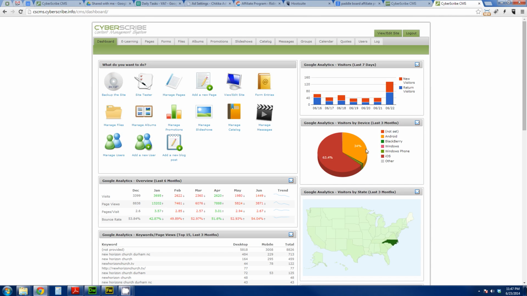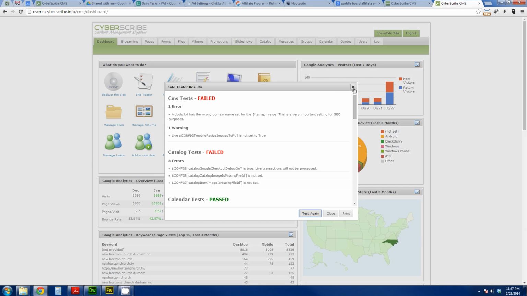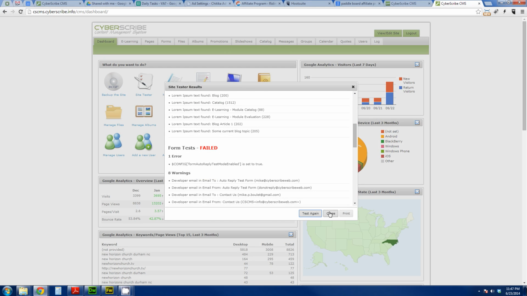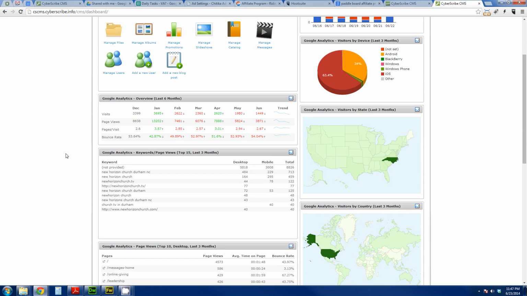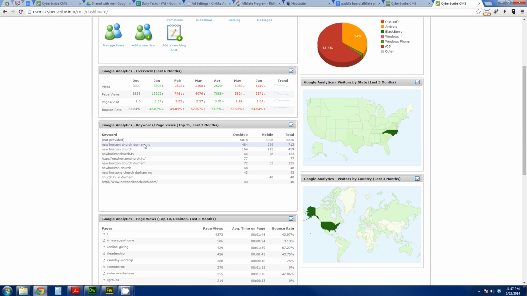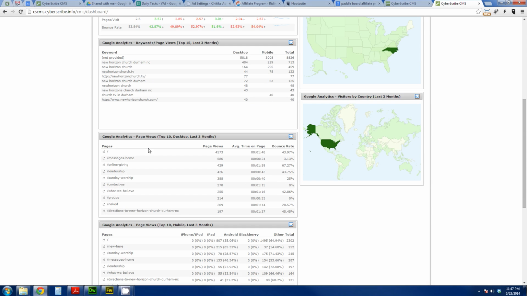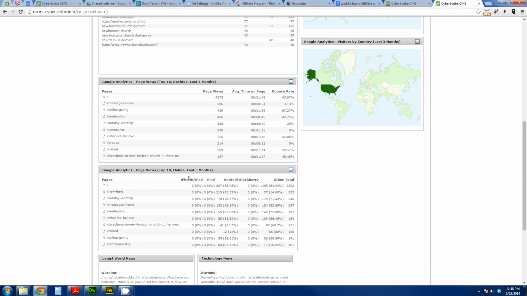Better integration with Google Analytics, a few new items on the dashboard like the ability to back up your site manually, and a site tester that you can use to see if there are any errors on your site that you might want to address. Much better Google Analytics integration, things like your page views, your visits over the last few months, keywords, which is a lot less useful now that Google's hiding those, top pages by desktop, top pages via mobile,